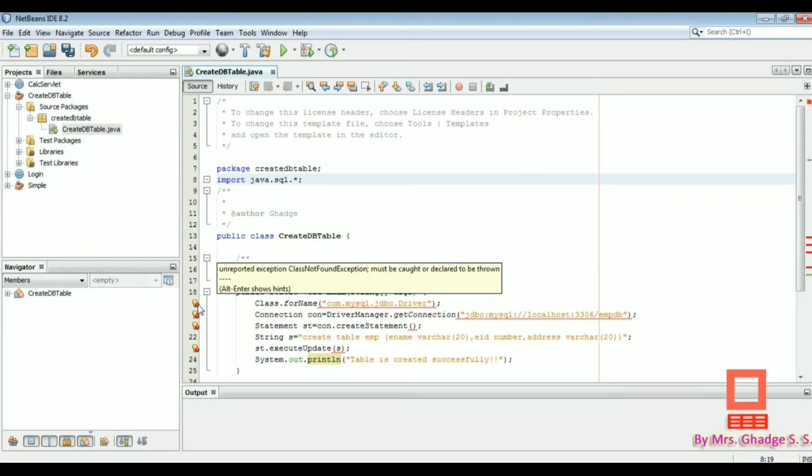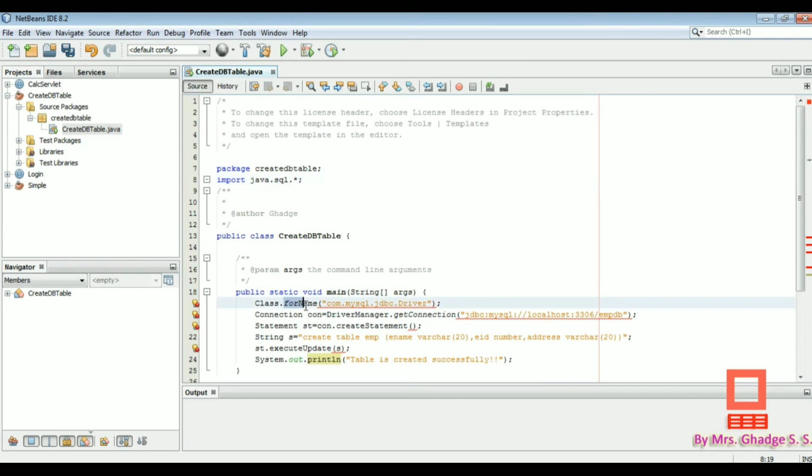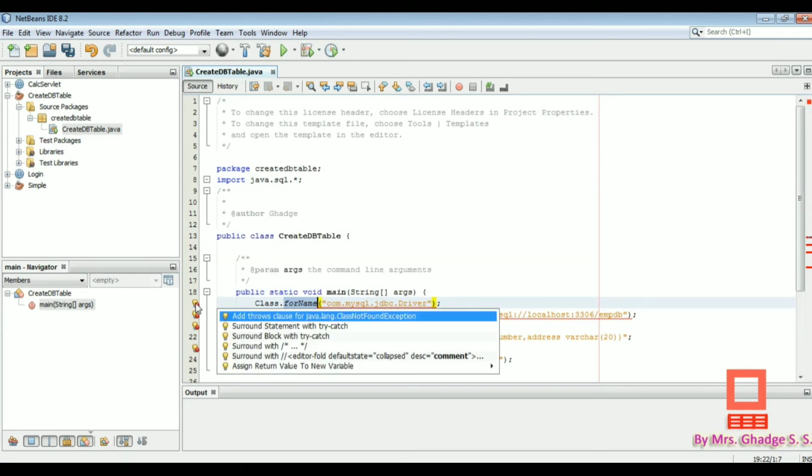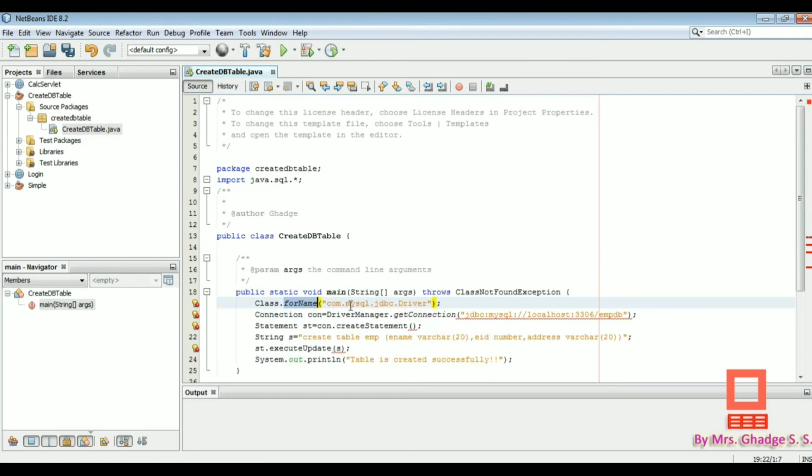Then the next error, for Class.forName, unreported exception, ClassNotFoundException must be caught or declared to be thrown. The forName method must throw ClassNotFoundException. So just click on this yellow bubble and select the first option, add throws clause for ClassNotFoundException. Here you can see the throws clause is added.